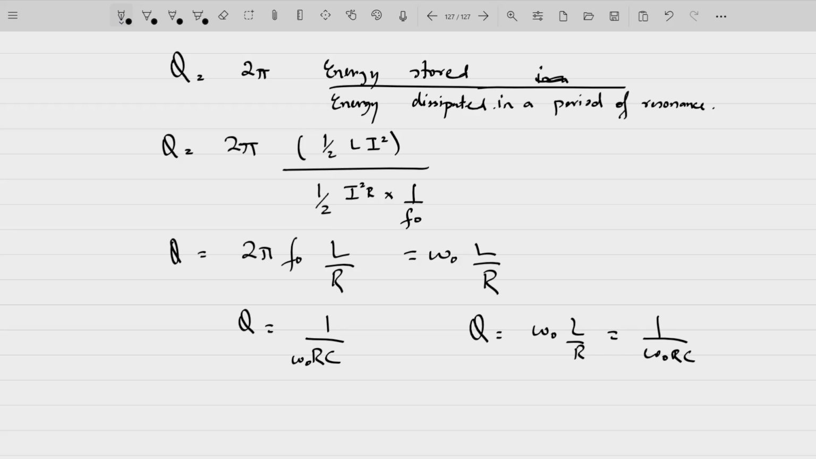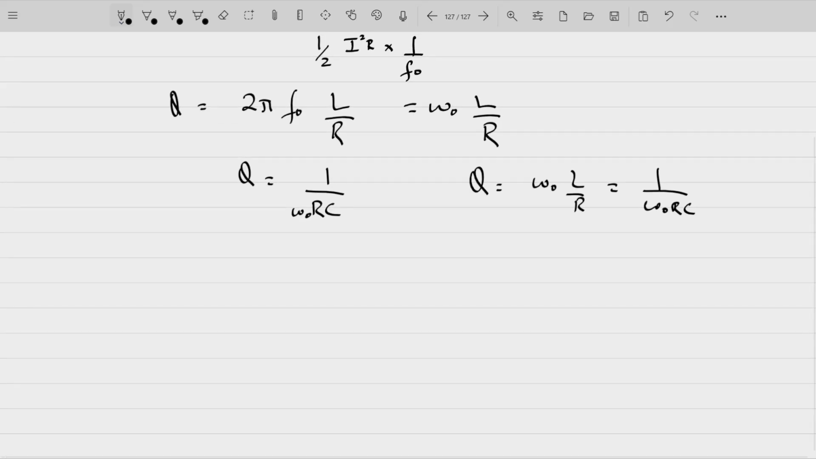So Q is equal to omega naught L by R, or it is equal to 1 by omega naught RC. So quality factor is simply a ratio of two energy quantities. So it actually does not have any unit. It only quantifies our system, how effective our system is. ये एक्चुअली दिखाएगा कि आपकी जो रेजोनेंस की कर्व होगी वो कितनी शार्प होगी. ठीक है,